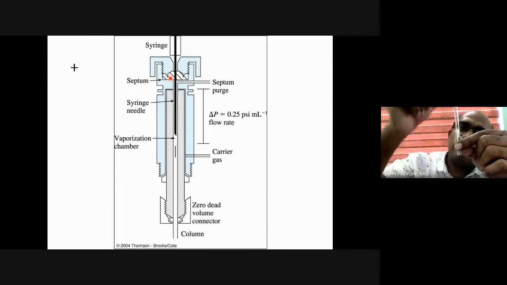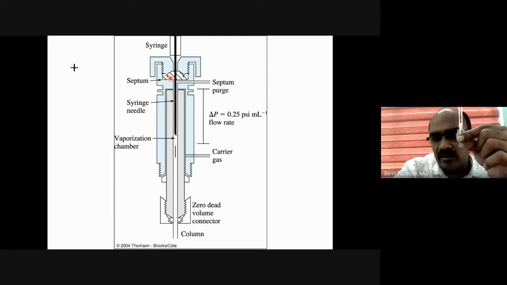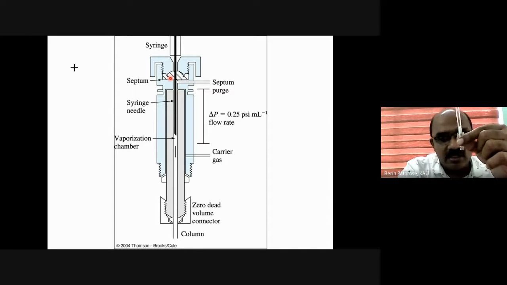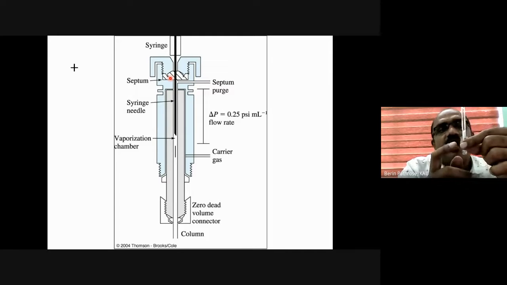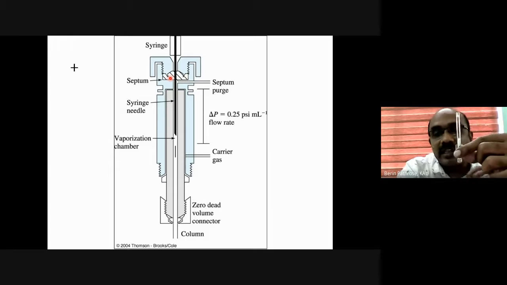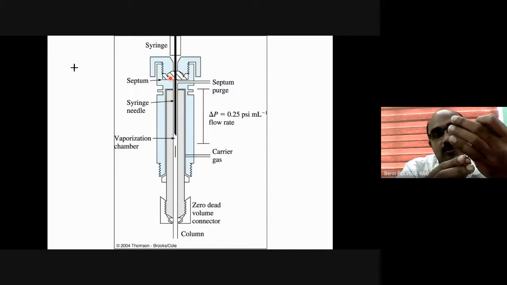The purpose is that the glass wool will absorb any co-extractives, so that it won't damage the column, especially in the case of curry leaf. If we inject about 100 or 150 samples of curry leaf, I told you curry leaf will have a lot of phenols. This glass wool will be completely turned black in color. So this is an added protection to prevent contamination of the column.